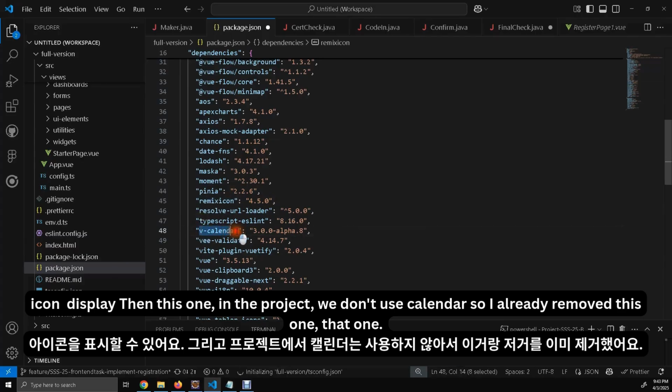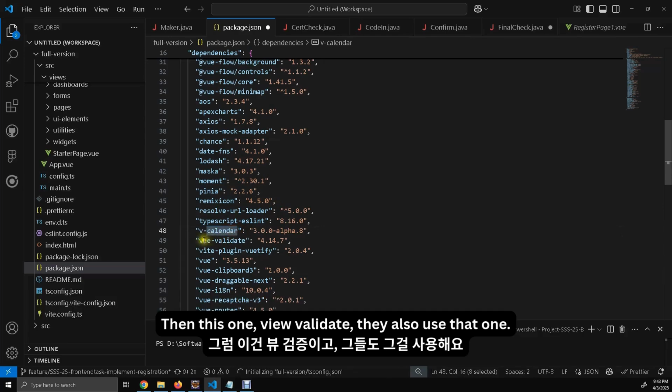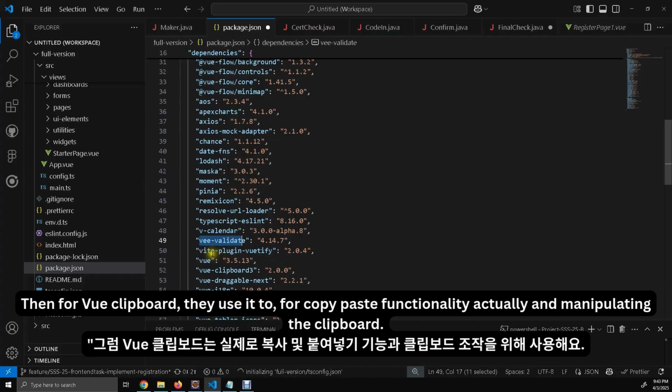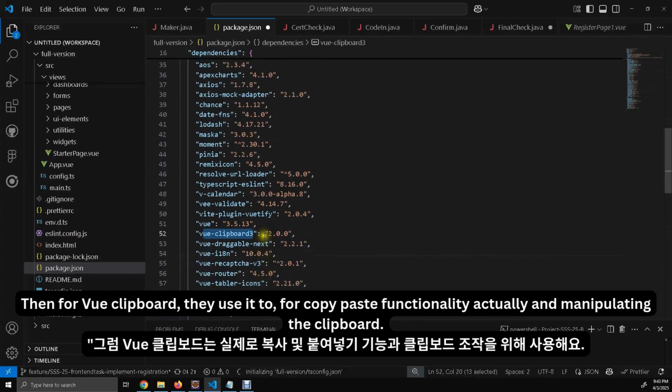In the project we don't use a calendar, so I already removed that one. Then vue-validate, they use that one. For vue-clipboard, they use it for copy-paste functionality and manipulating the clipboard.